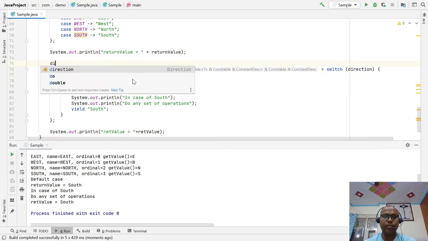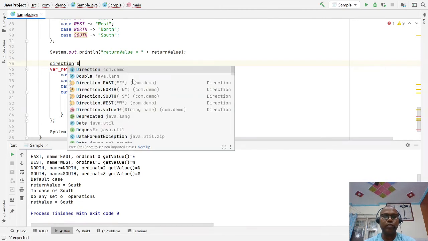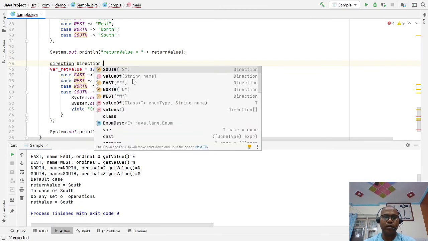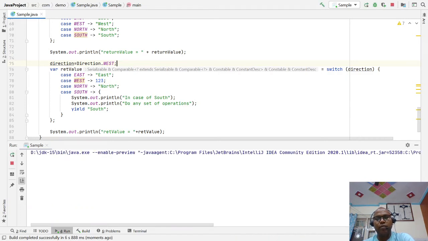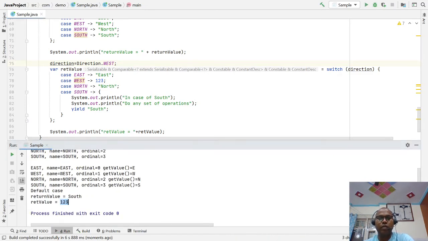direction equal to Direction dot, let's say West, and if you run, it returns 1 2 3 4. You are able to return any kind of values here, maybe a string, maybe a value, here 1 2 3 returns. So this switch expression helps us to,